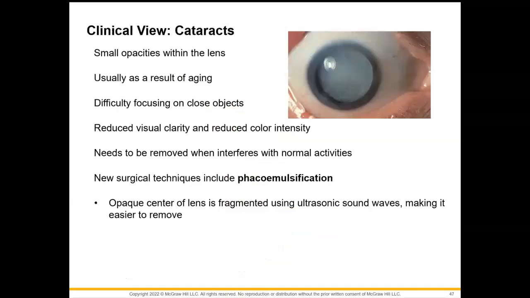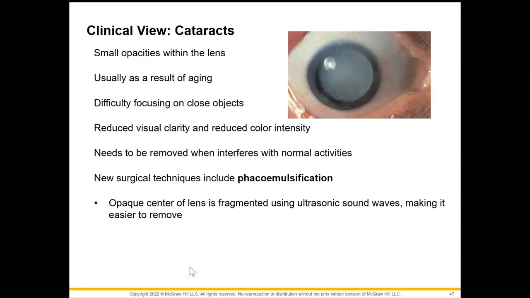And just a clinical moment here on cataracts. This is when we have some small opacities within the lens, and usually it's going to be a result of aging. So typically this happens right around the age of 65 or older. It's difficult to focus on close objects because of that clouding, and so we will have reduced visual clarity and color intensity. So what needs to happen is the lens needs to be removed if it is starting to interfere with normal activities, and there are new surgical techniques that include